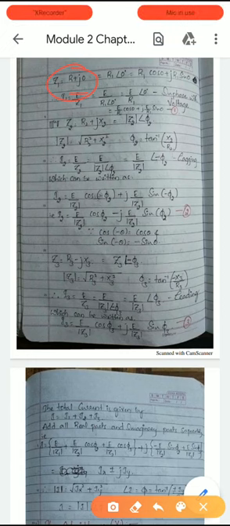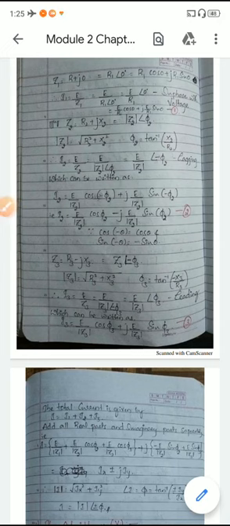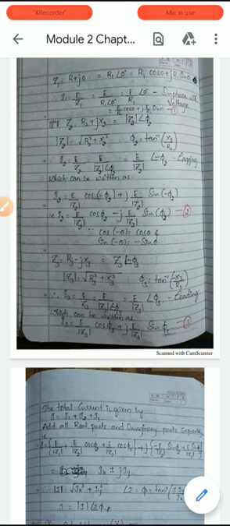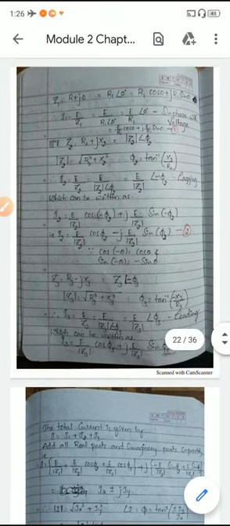R plus J0 is written in Cartesian form. If you want, you can write it in polar form as R1 angle 0, which is nothing but R1 cos 0 plus J R1 sin 0, because we know that we can write A plus iB as cis theta, that is cos theta plus i sin theta. Hence I1 is equal to E by Z1,